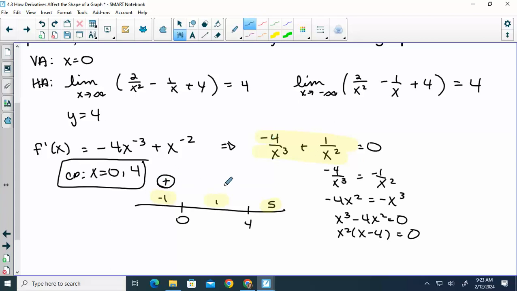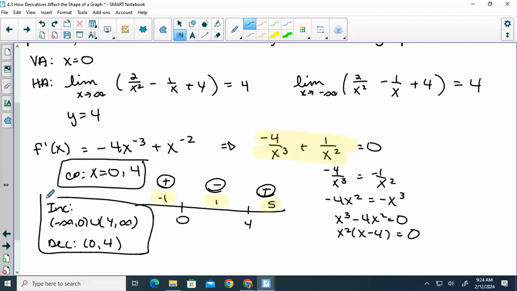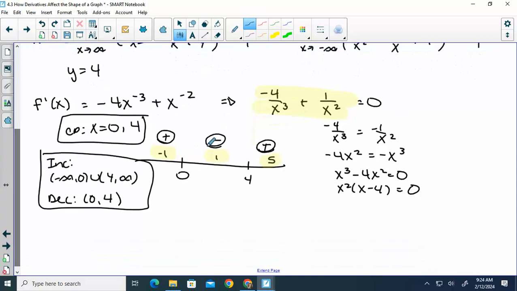Put in 1, we get negative 4 plus 1, which is negative. And 5 also gives us a positive. Alright, if you go from increasing to decreasing, that is a